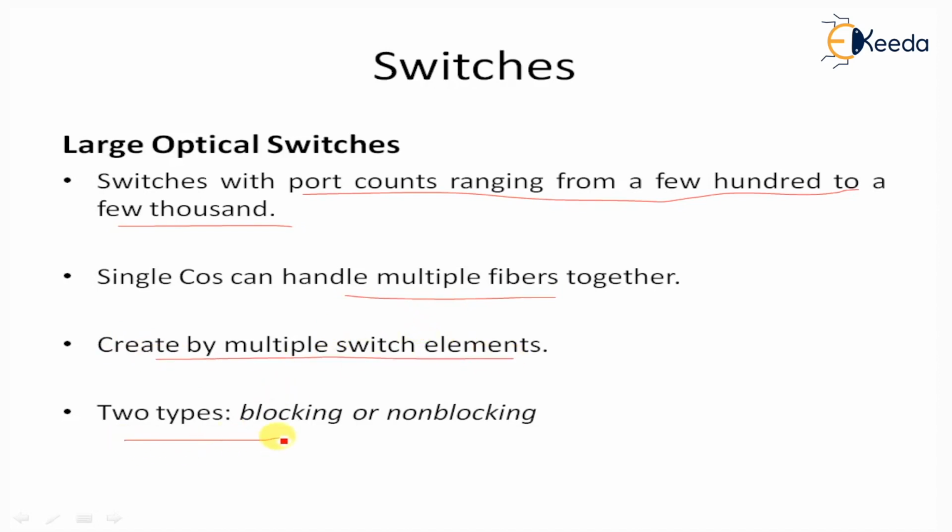There are mainly two types of switching, blocking or non-blocking. In a non-blocking switch, an unused input port can be connected to any unused output port. A non-blocking switch is capable of realizing every interconnection pattern between the input and the output. If only some interconnection patterns can be realized, the switch is said to be a blocking switch. Examples are a 4 cross 4 or 8 cross 8 crossbar for multiple connections.